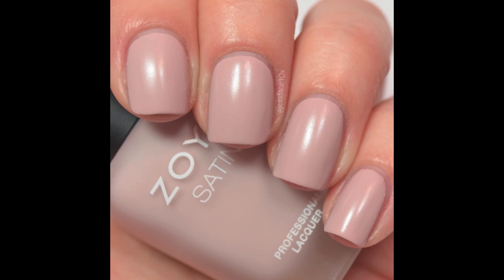There's no shimmer or anything to these like there are with the matte velvets. They're just a nice flat semi-matte finish. And then the other one that I really liked was Brittany. This was a kind of mauvey pink almost, and it had that satin finish, and this one looked really, really good on my skin tone, and my nails looked really, really nice with this one on it, so really liked